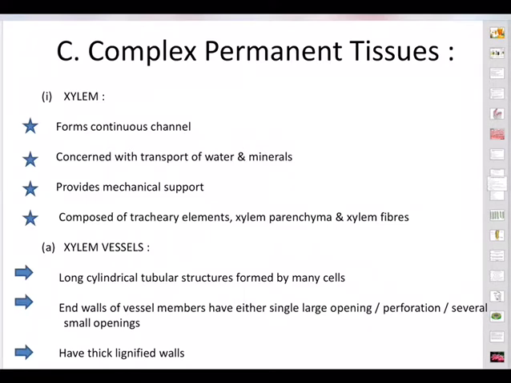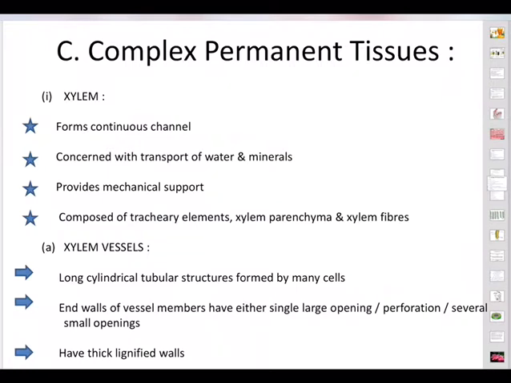And then we also said that the other side of it is permanent tissues. The permanent tissues are the tissues that have lost the ability to divide, lost the power of cell division. Then we say permanent tissue. They can be of two types: simple permanent tissue and complex permanent tissue. Simple permanent tissue, we said three types: parenchyma, collenchyma, sclerenchyma. And now in this session we are going to talk about complex permanent tissues, which are of two types: xylem